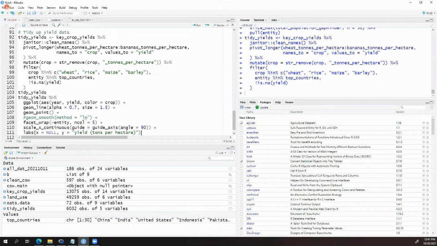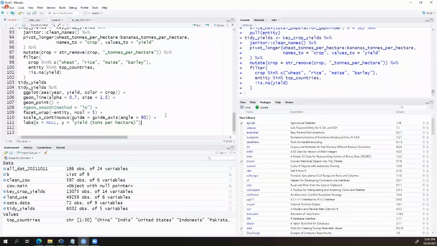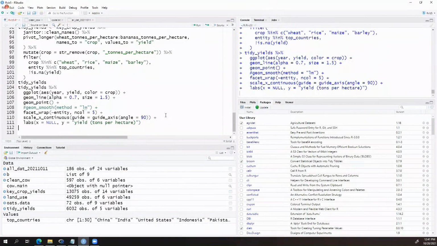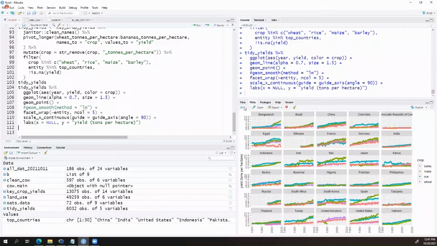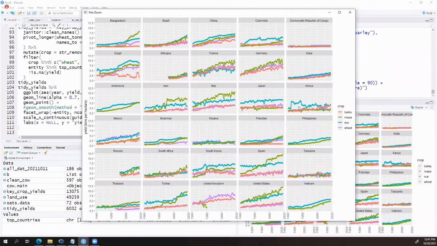The first one I've commented out the smooth, so let's see what it looks like without that. Okay, this was our first pretty spectacular looking faceted plot of our yield data by country, and it's got the 4 crop types shown by color.